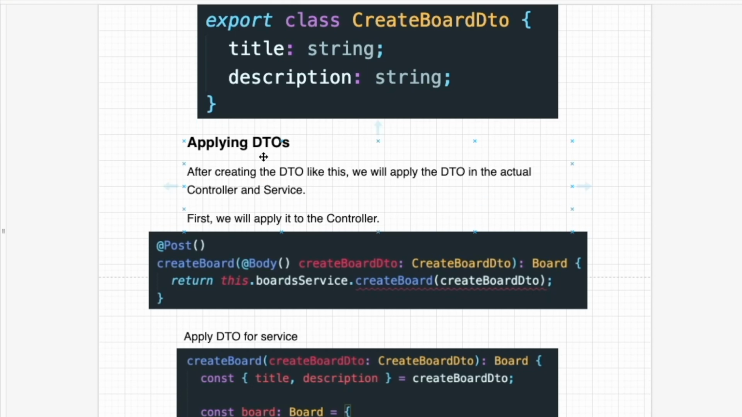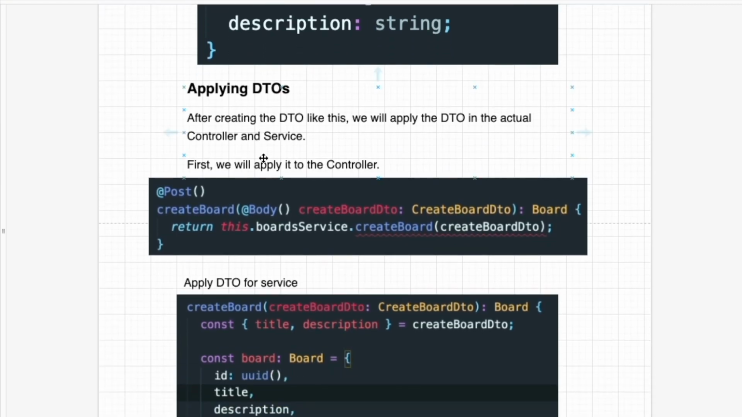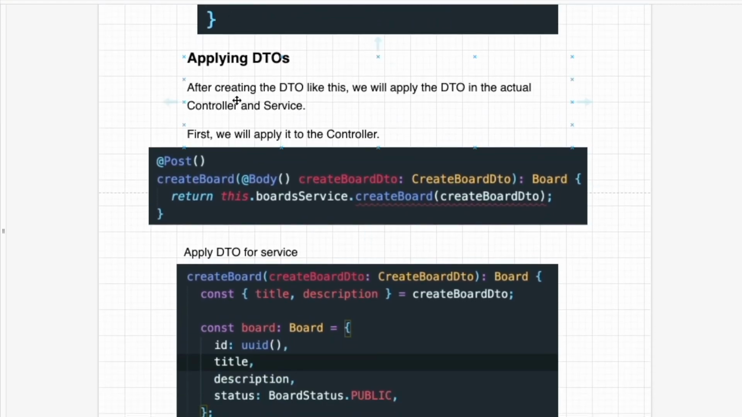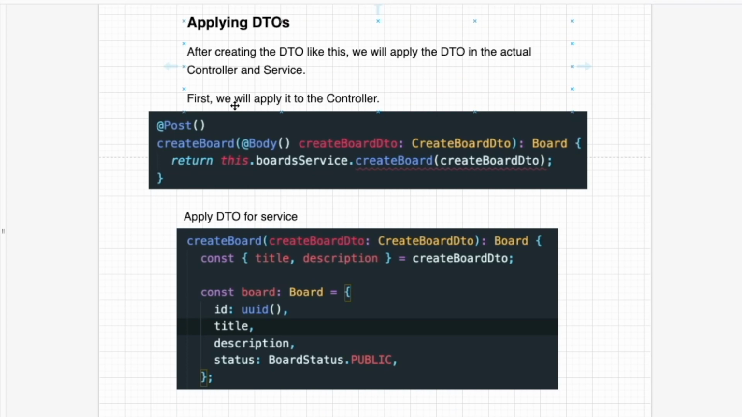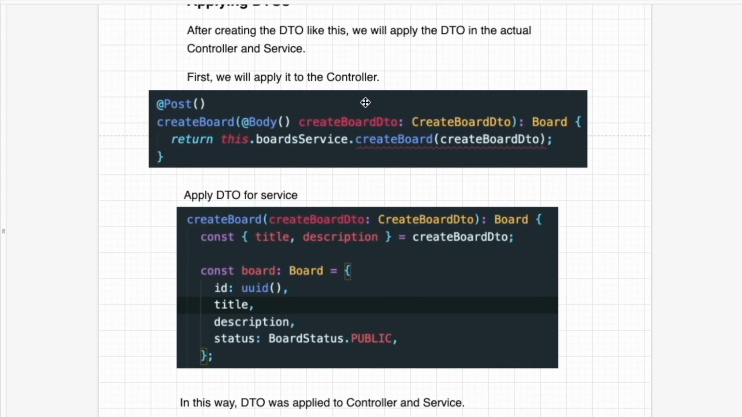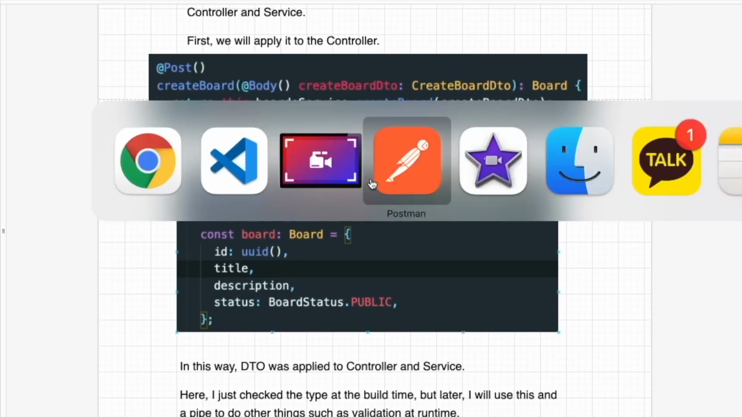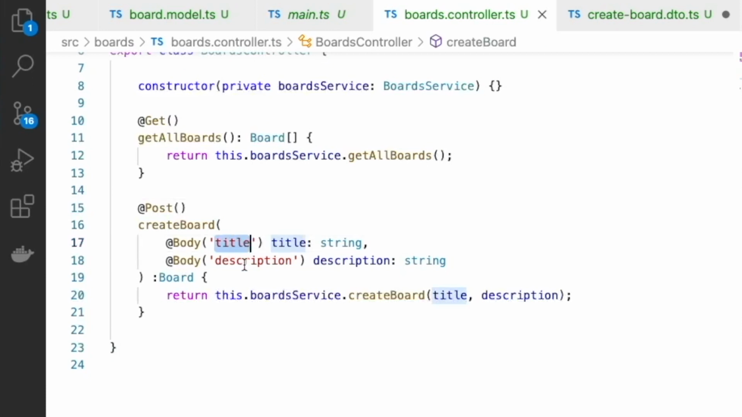So now we need to apply the DTO, because we just created it. After creating the DTO like this, we will apply the DTO in the actual controller and service. First, we will apply it to the controller. So we come in here, and we just remove this part